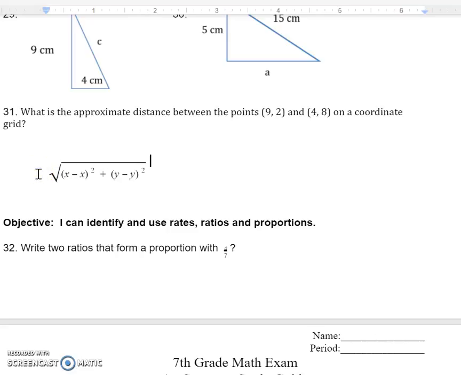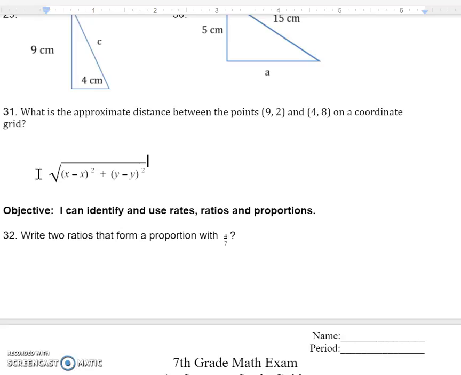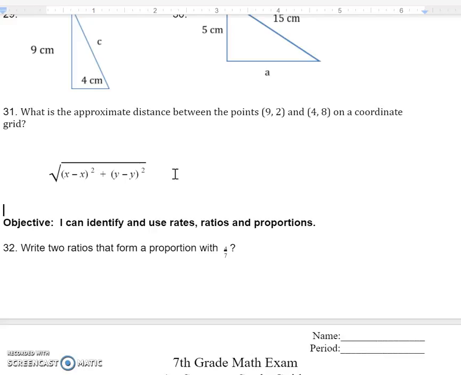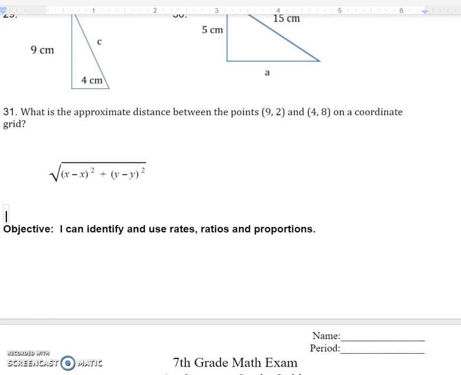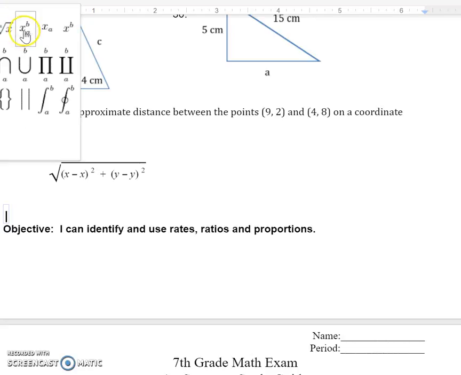So Elizaveta, for this first one, what you do is use this formula. This is called the distance formula. It's the square root of (x2 minus x1) squared plus (y2 minus y1) squared. So in our case, what we would do is we would take the square root of